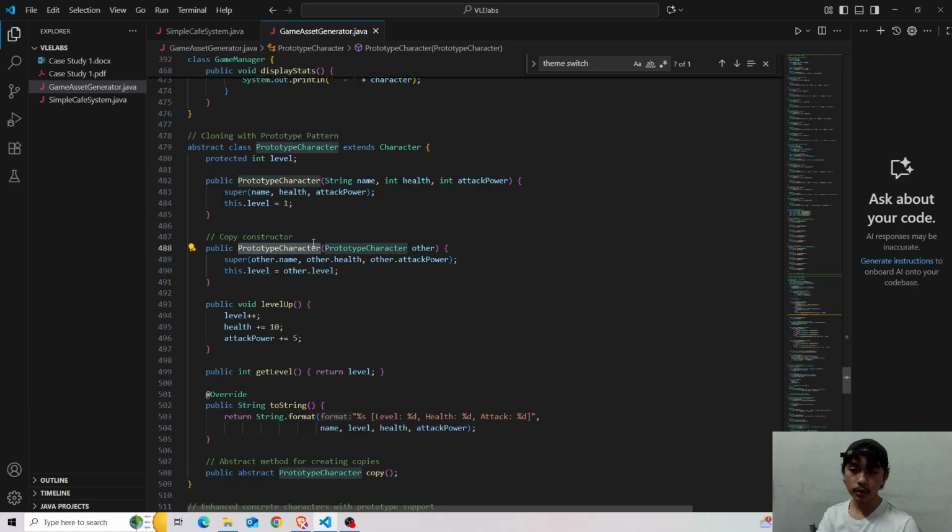For the second one, the copy constructor or the cloning constructor, we have a parameter here of an object which is called other, which is from our prototype character constructor here.